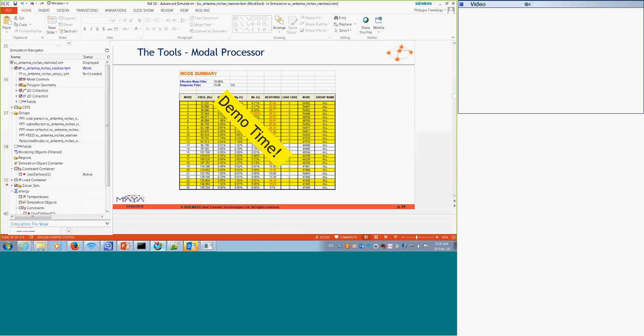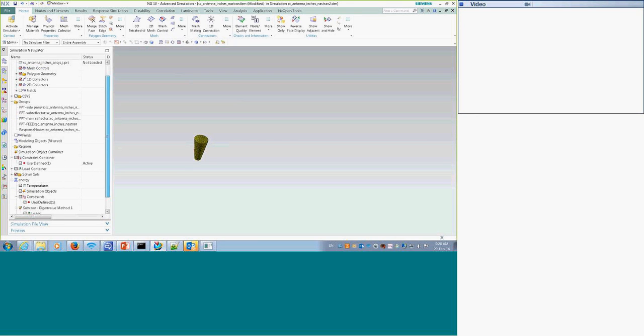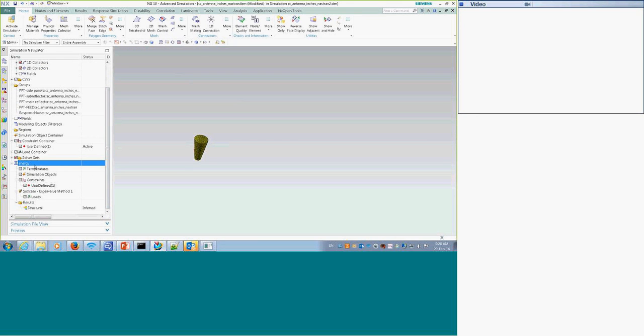So why don't we do a demo on how to use that tool? So I could edit this solution that I've created and just modify it a bit.